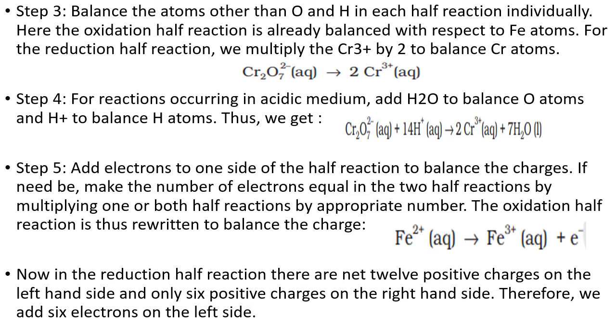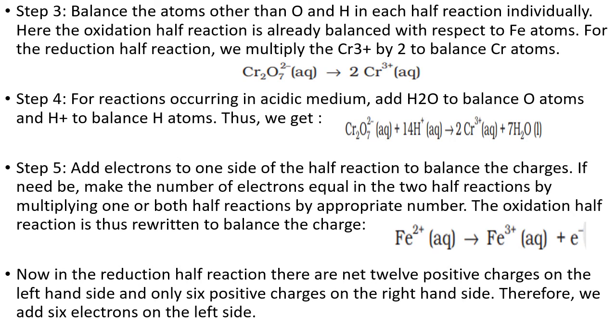Now the next trick is what? How much loss is there, how much gain is there. Now let us take the example of iron. Iron has undergone +2 to +3. So how much difference? Only one difference, an increase by 1. Whereas in the case of reduction, it is from +6 to +3 for every chromium atom. But I have taken 2, so +6 how much? 12. So there is a decrease in the oxidation number, no?